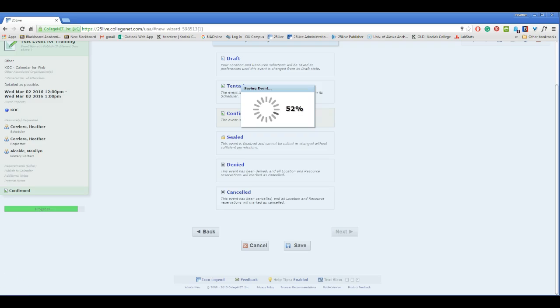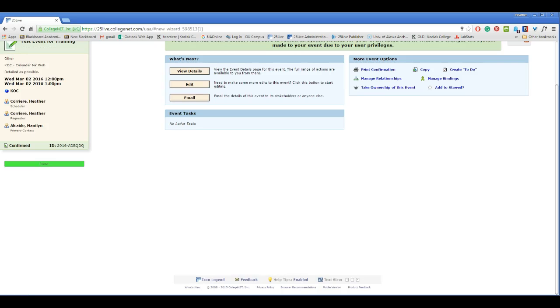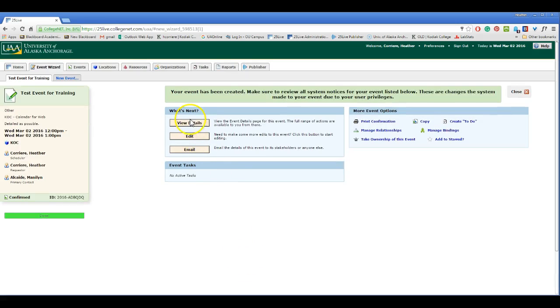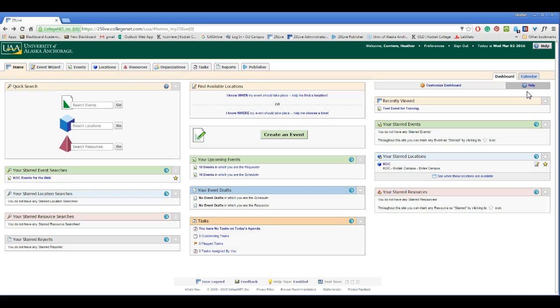And that took a few seconds, so I paused. And so now you can edit if you need to. You can email details, but you can only email them to people who are in the system. So not everyone is in the system. It's only those of us who are able to create calendar tasks. And at this point, everything is set up, and we have this done over here, and we can close. So now if we want to check and see what we have showing,